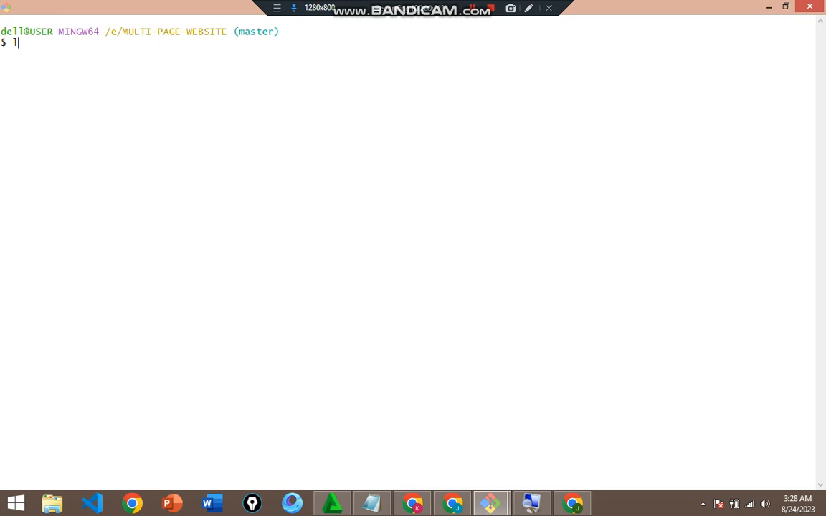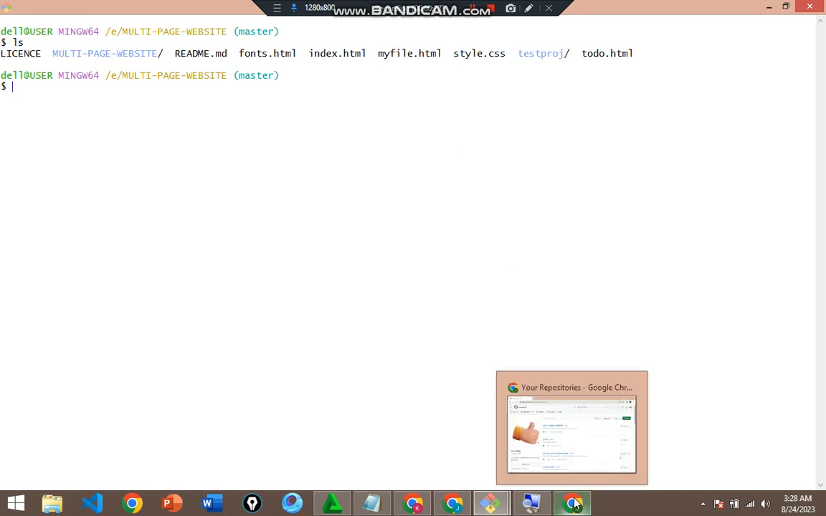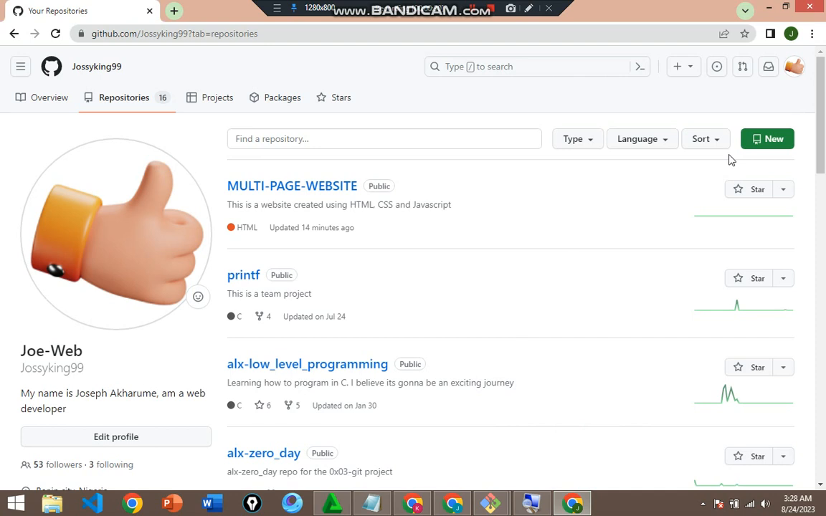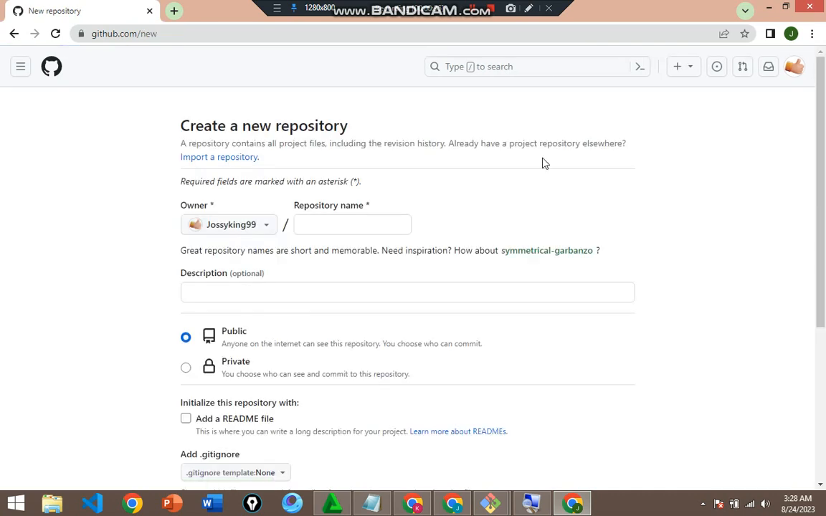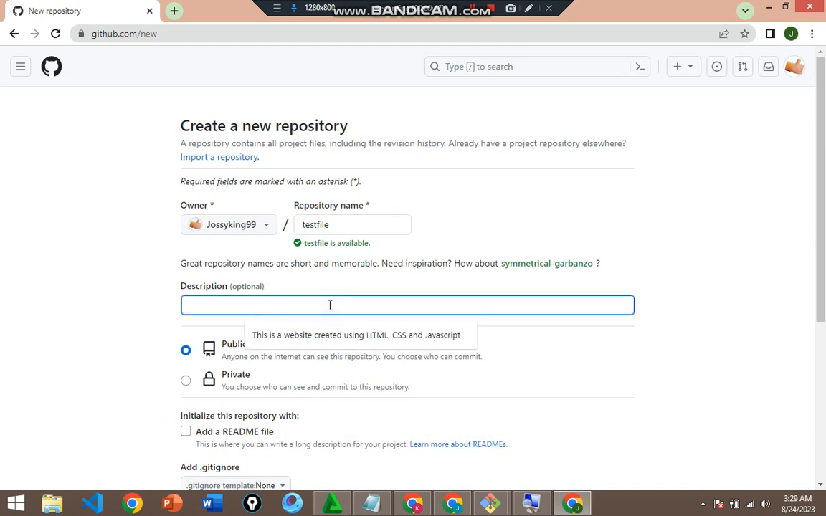So the first thing, I have some of these files here and I'm going to be pushing them to GitHub. So we have to come to my GitHub and I'll create a GitHub repository. I'll just give it the name test file. All right, test file is available. For the description: this repo